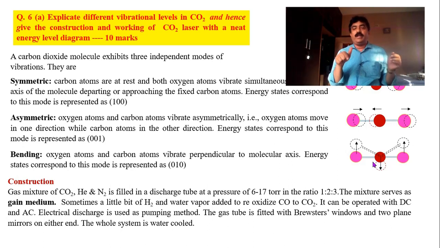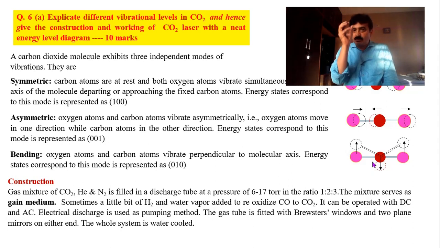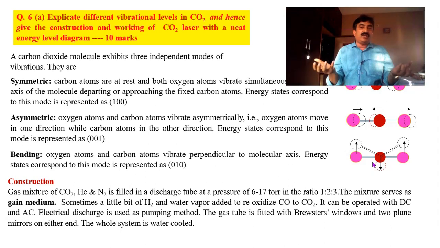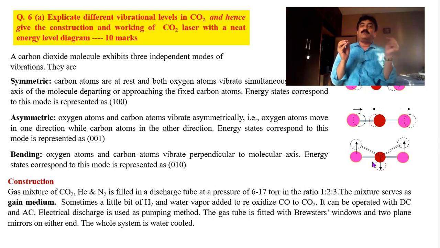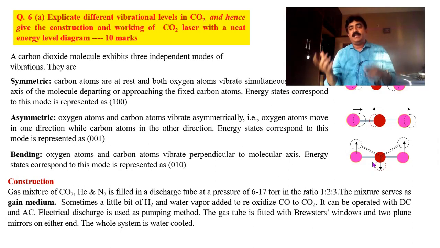is also included, and water vapor is also added to the tube for the purpose of oxidizing carbon monoxide to carbon dioxide. Carbon dioxide percentage will be a little less. Sometimes inside the tube carbon monoxide is generated. To convert carbon monoxide to carbon dioxide we put some water vapor or hydrogen into the tube. Okay, and this entire tube is connected to both AC and DC power supply, and at the end of the